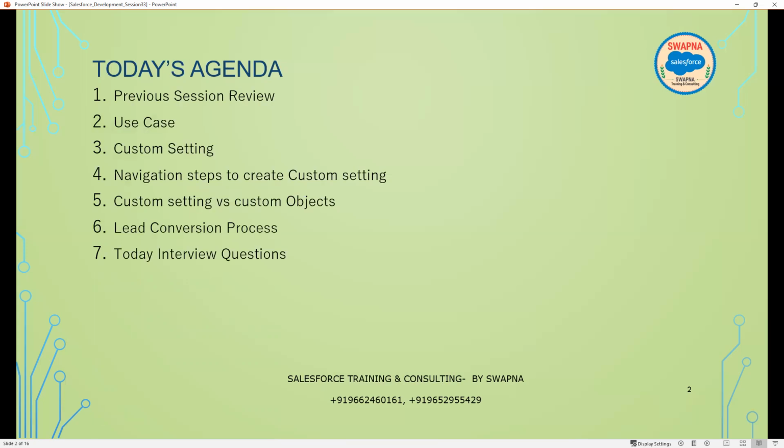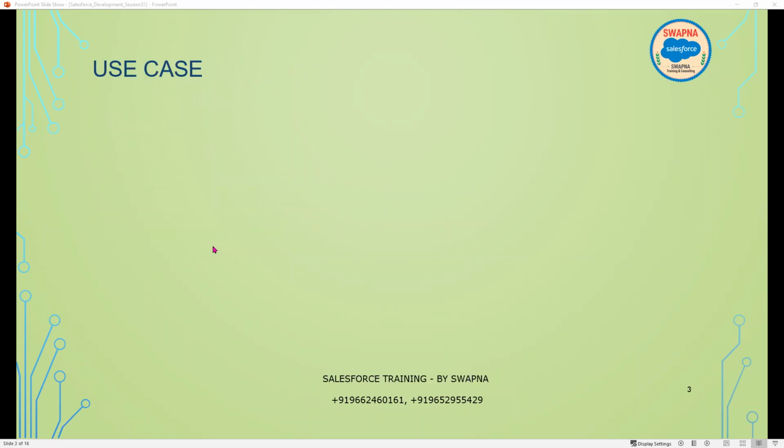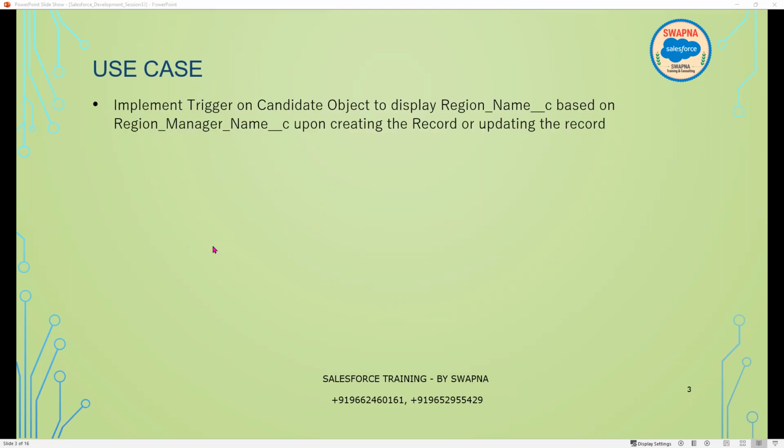Now quickly, what did we learn in the last session? Use cases for triggers. Yeah, so last session we were discussing the different scenarios of triggers. Now we'll continue with triggers today also, with different scenarios. Now the use case is to implement a trigger on the candidate object to display the region name based on the region manager name. So